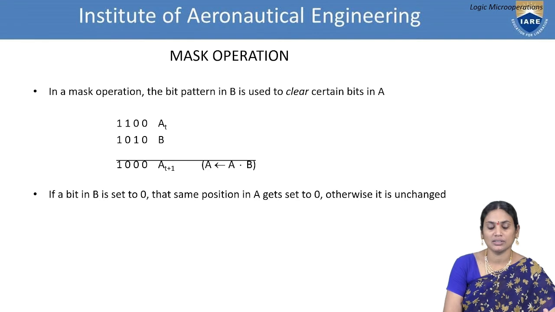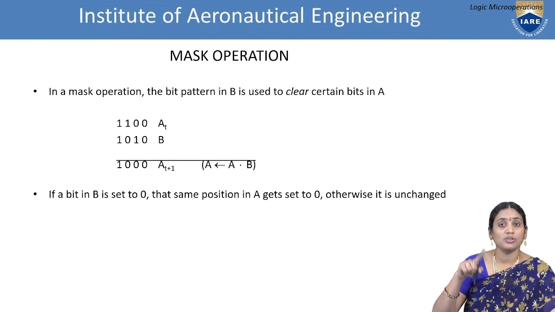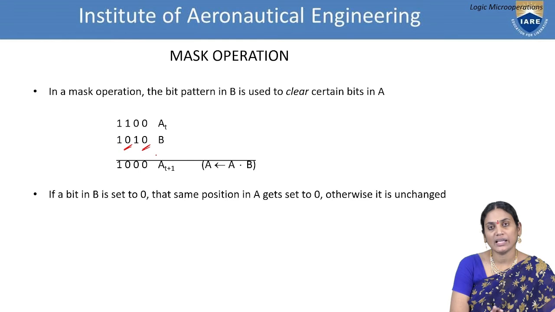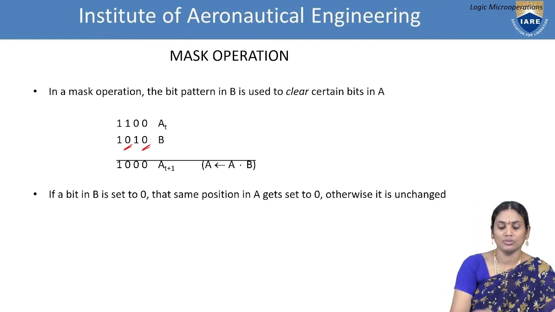So here observe the case. Until now we were focused on the bit position 1 in the B register. Now we are focusing on the 0 positions in the B register. So that is the 0th position and the second position. We have zeros in the second and 0th positions in B. Now the same bits should get affected in register A with 0. The 0th position is already 0, so it is loaded as it is. Next, we don't have any change in this one.